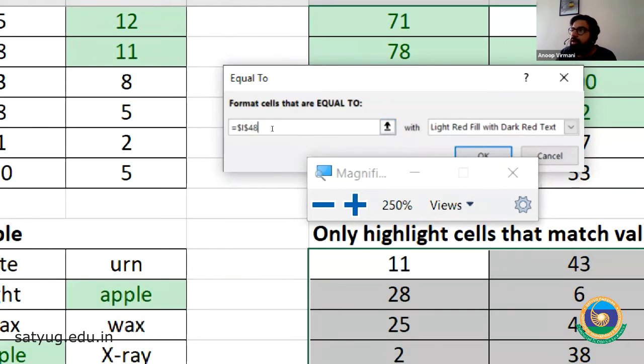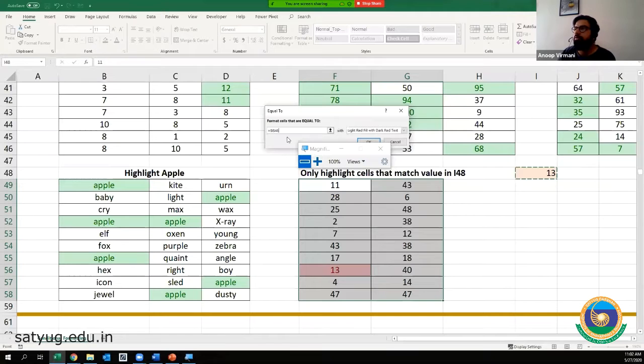Now look at this very carefully. This is $I and $48. So this has fixed the reference that you are taking in. This is not I48. It always has to be $I$48 so that the value is frozen wherever we are using it. Okay, so we do it with a green fill with dark green text and okay.